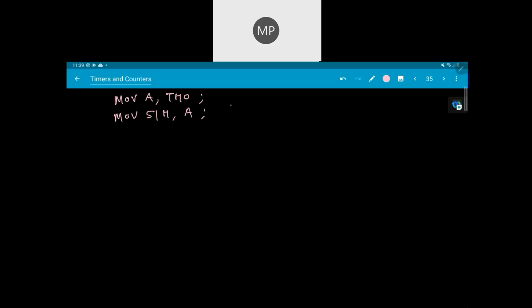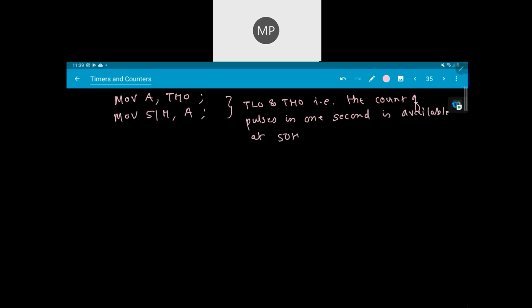So basically TL0 and TH0, that is the count of pulses in 1 second, is available at 50H and 51H. ओके, यहां तक हो गया आपका मेन प्रोग्राम,